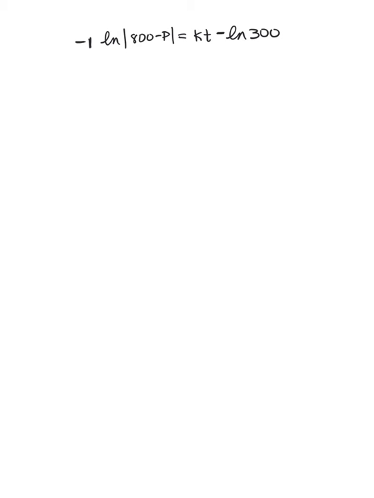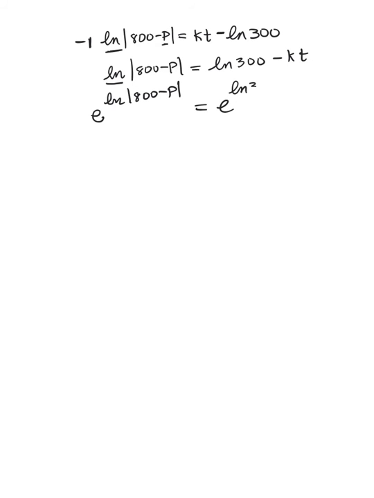Now we're going to solve for P. And to solve for P, we have to get this ln by itself. So to get ln by itself, we multiply everything by -1. So we get ln of the absolute value of 800 minus P equals ln of 300 minus kt, if we negate it. Now that ln is by itself, we could take a base e on each side, because e is a one-to-one function, and we can do that. And this side gives us the absolute value